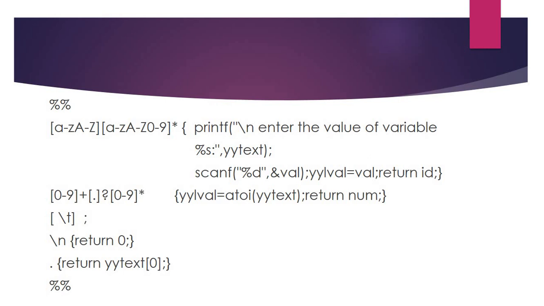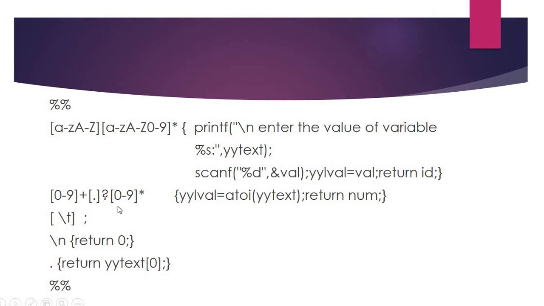Then the second pattern is to recognize the number. The number will begin with a digit, which is from the 0 to 9 group. Number means at least one digit should be present. That's why here, if you see, 0 to 9 plus is used, one or more times. And the number may be an integer or a floating point number. For floating point, the dot is optional and it is followed by 0 to 9. Here the Kleene closure is used, so it is for any number of occurrences, that is, 0 or more occurrences. So using this pattern we can recognize an integer or floating point number.